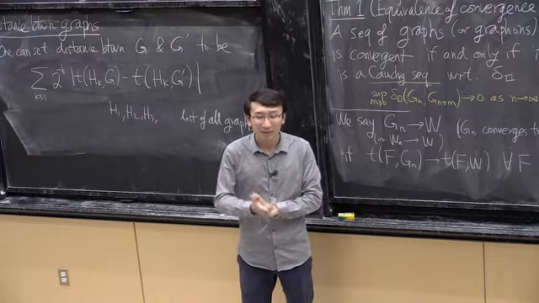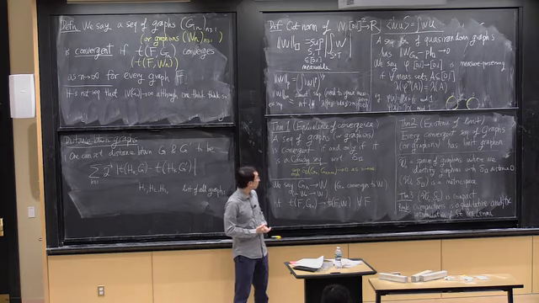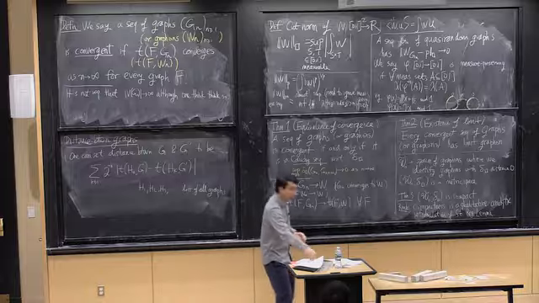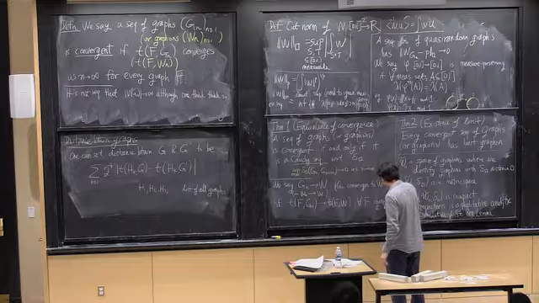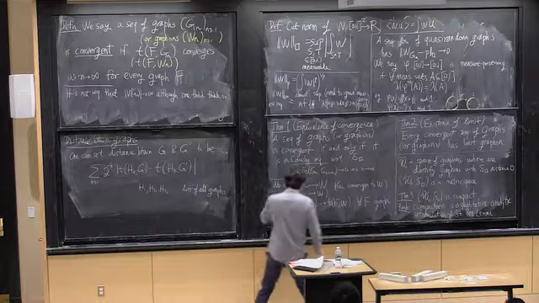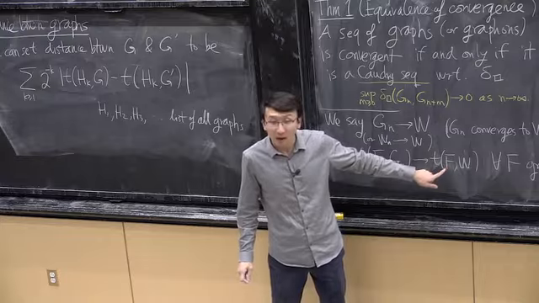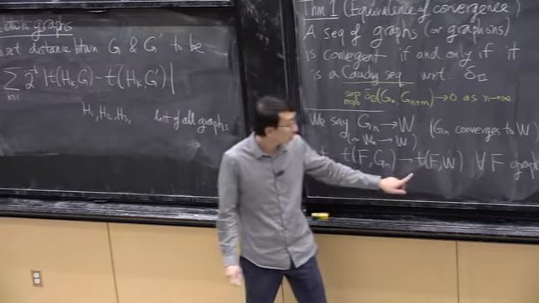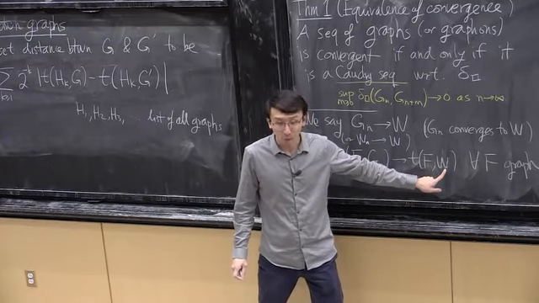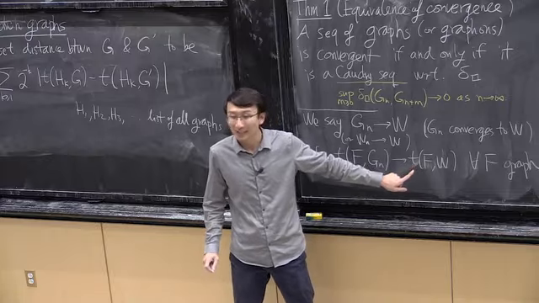Okay, so all great questions. Any others? And for the F, is F the graph form? The question is, is F a graph or a graph function? F is always a graph. So in t(F, W), I do not define this quantity for a graph function F. I'm only allowing the second argument to be a graph function. The first argument is not allowed to be a graph function. It doesn't make sense.